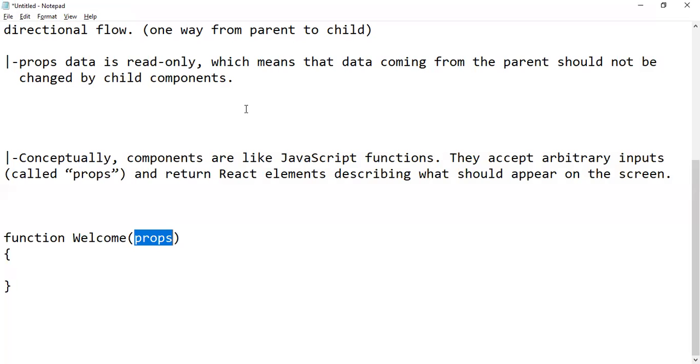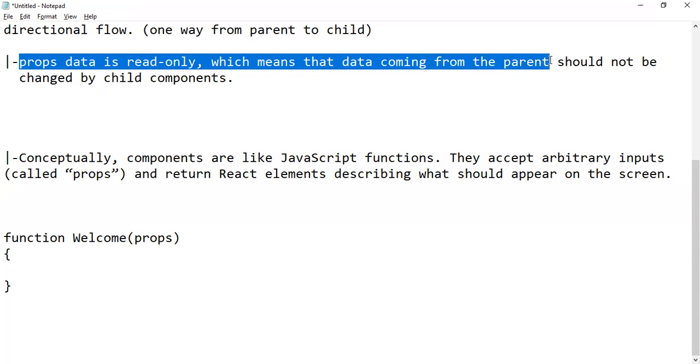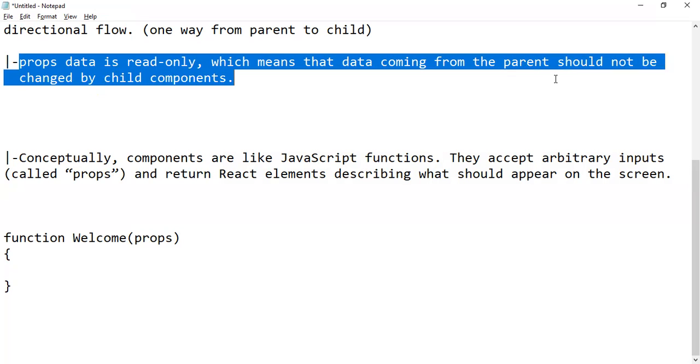Watch this point. Props data is read-only, which means the data coming from the parent should not be changed by the child component. You can read the information, but you can't modify it.